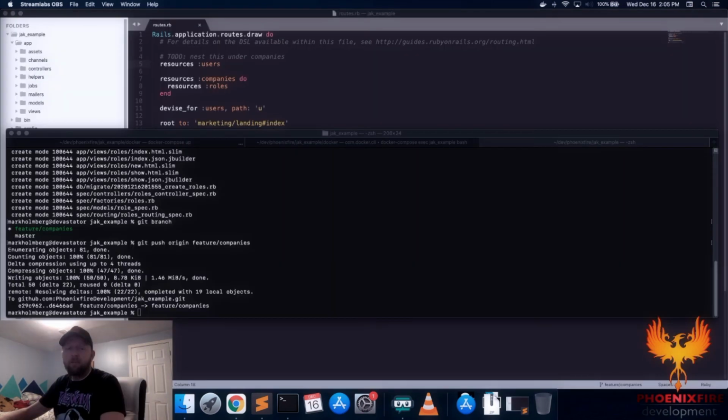Okay, and with roles being done now, I think we'll call that good for today. Tomorrow we will scaffold out a new resource, lead, which will represent a lead in a CRM system. It will belong to a company, it will be scoped to a company, and it will be assigned polymorphically to a user. That will set us up for Jack, wherein we'll be able to define dynamic permissions based on that